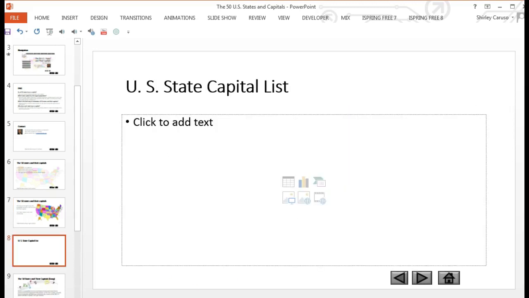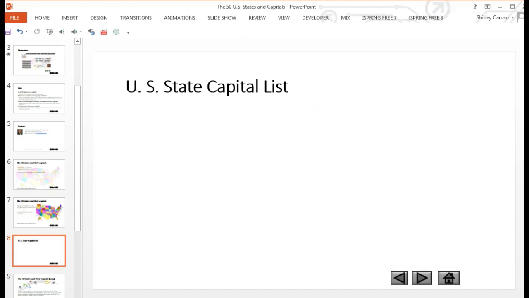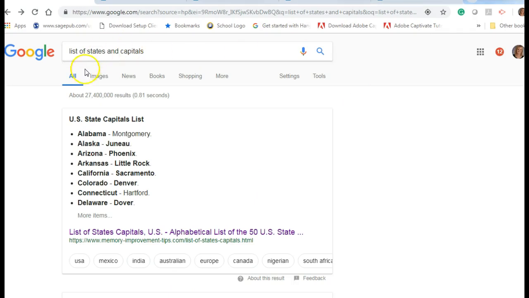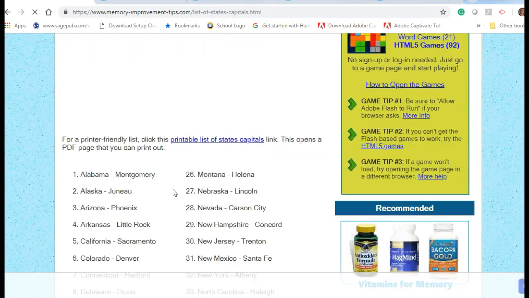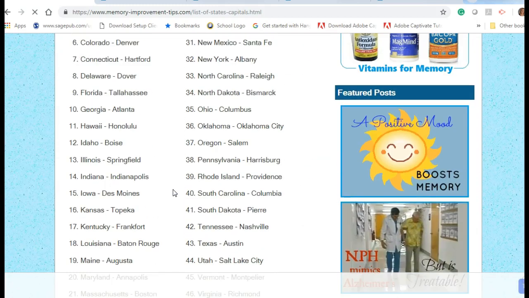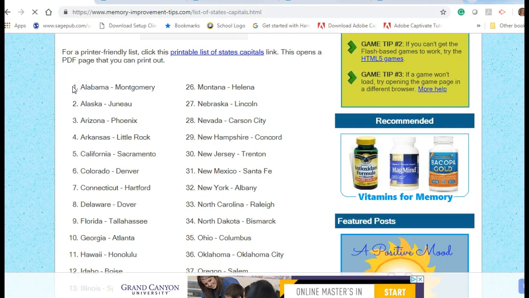The next slide that the learners will see is the U.S. state capital list. So I don't think that I am going to need this text box. I'm going to delete that. And I'm going to head on over to Google, and I'm going to search for a list of states and capitals. And here's one that I think I can use. So I'm going to click on this link and scroll down, and it actually gives me all 50 states and their capitals. And what I'm going to do is I'm going to copy this list,